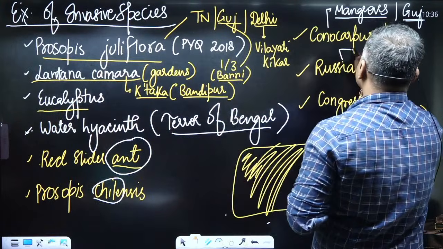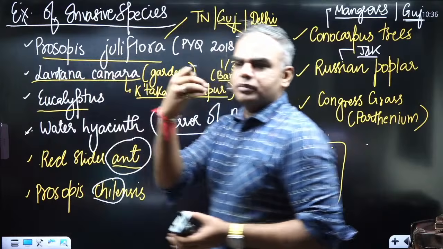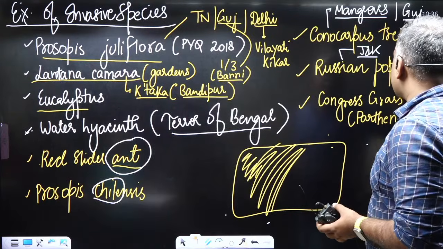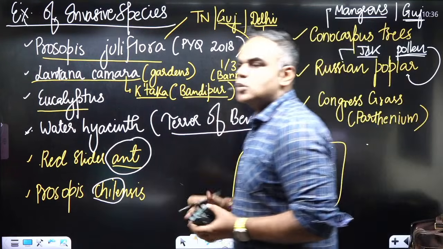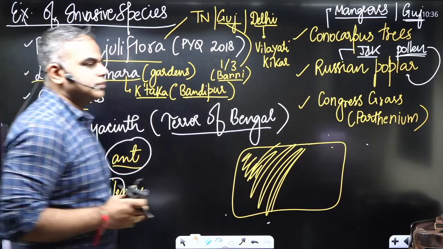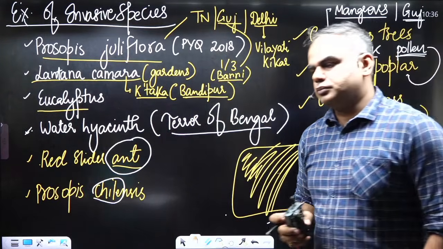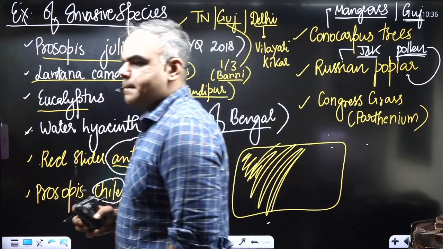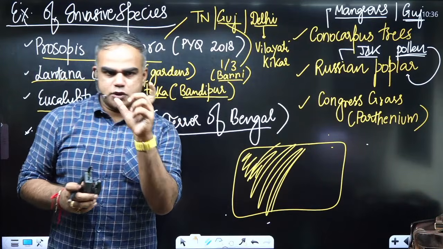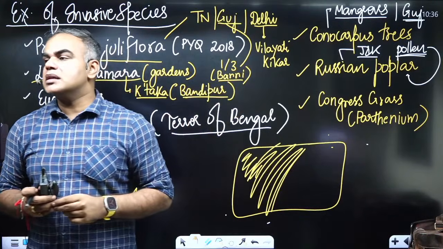Next is Russian poplar. Same issue, but this happened in Jammu and Kashmir. The issue is their pollen became airborne, which leads to respiratory issues. So the court had to intervene and ultimately they had to be cut down. The issue is respiratory issues. Okay. So with every point, if there is some reference, or story, or some news article, we will remember those points, right? And the last one is Congress grass.